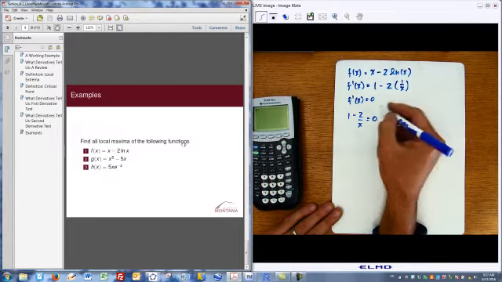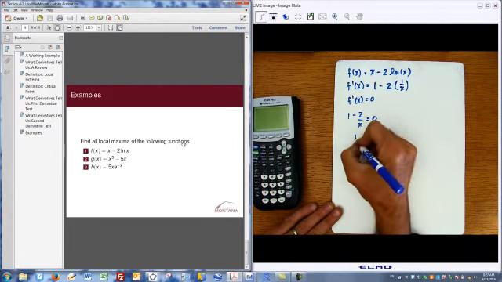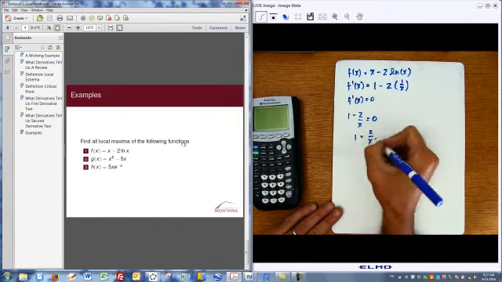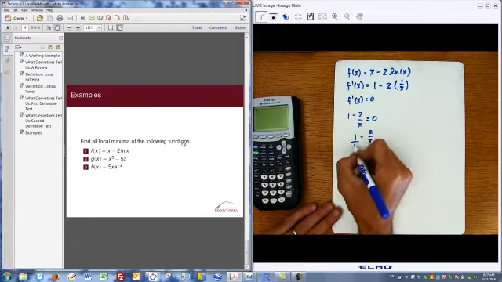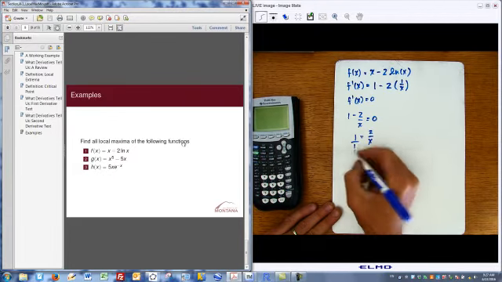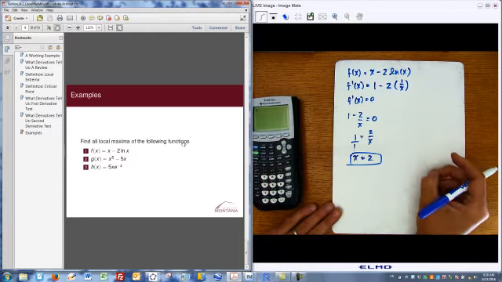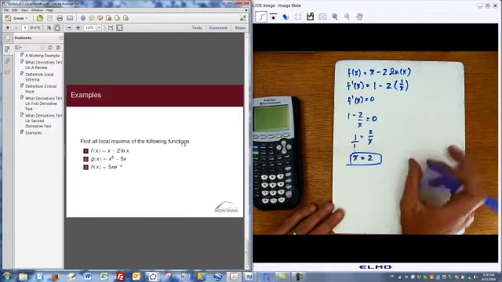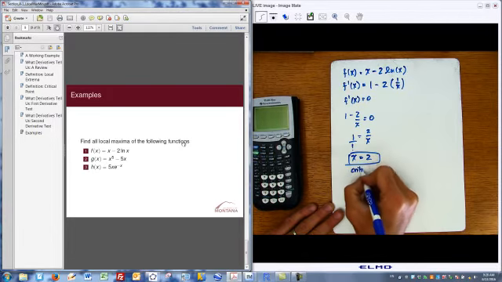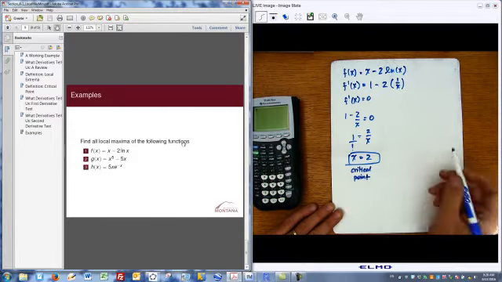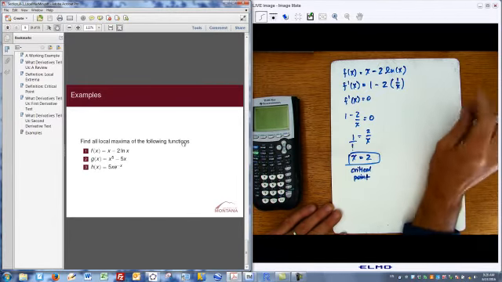So I think what I'll do is add the 2 over x to the right-hand side. I'd have 1 equals 2 over x. I'll think of 1 as 1 over 1 and use cross multiplication, so x must be equal to 2. So we get x equal to 2 as our critical point, right? So we know that that's a point. In fact, it's the only point on this function where it's defined,